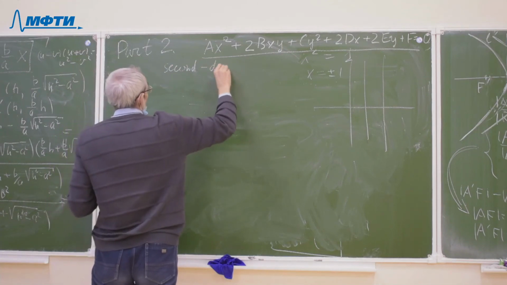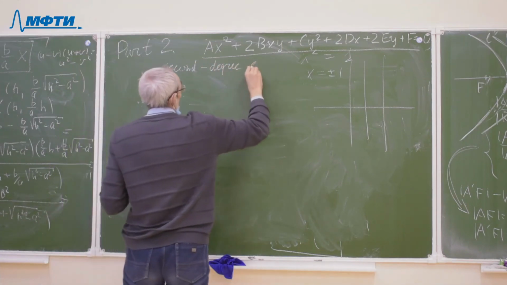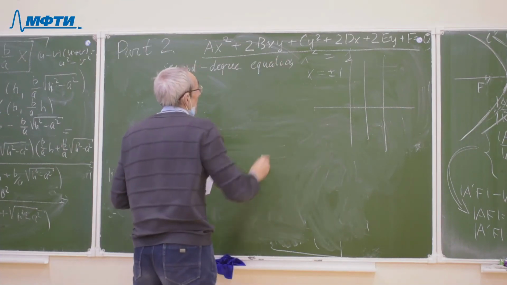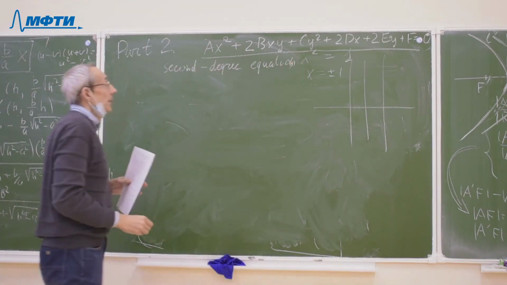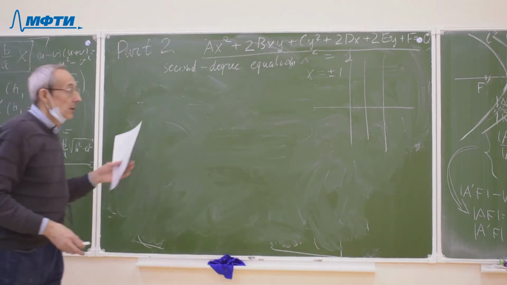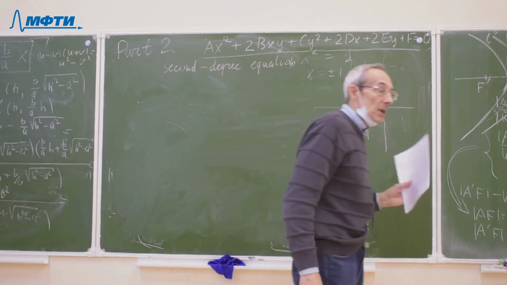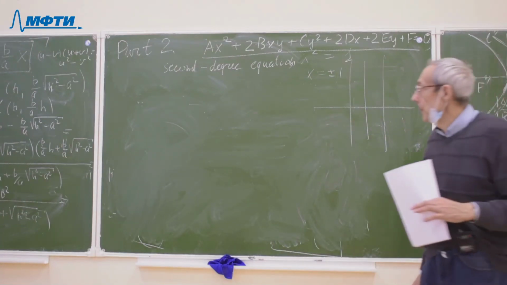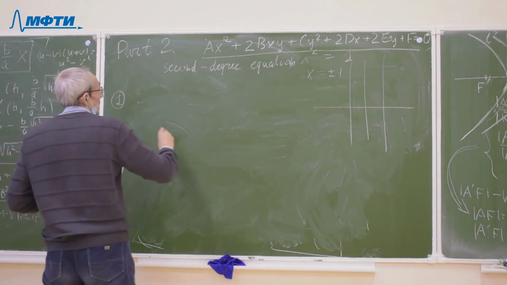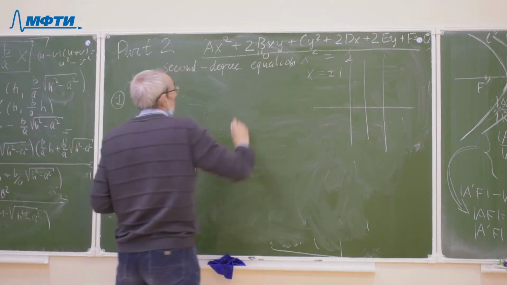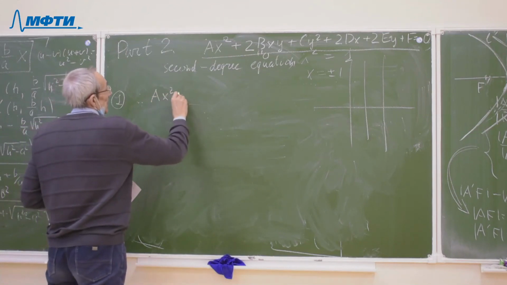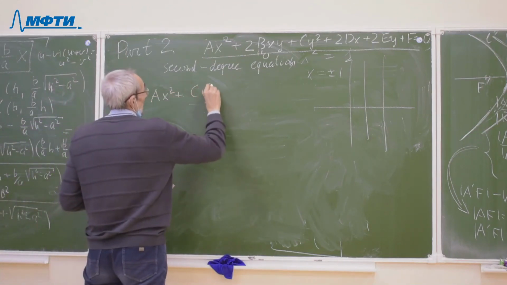Arbitrary second degree equation. Our aim is to describe the geometrical locus of the points which satisfy this second degree equation. First of all, consider the partial case when the coefficient b is equal to 0, namely